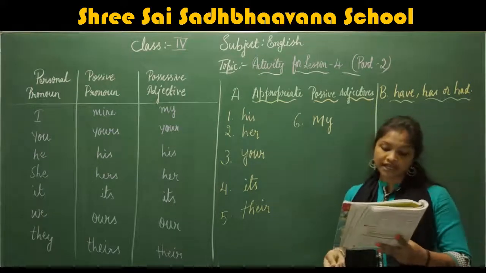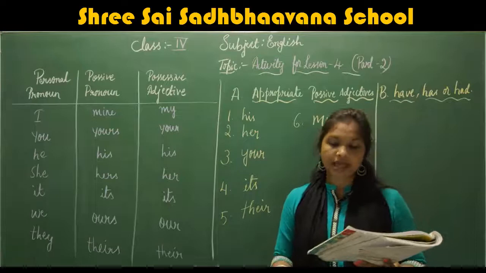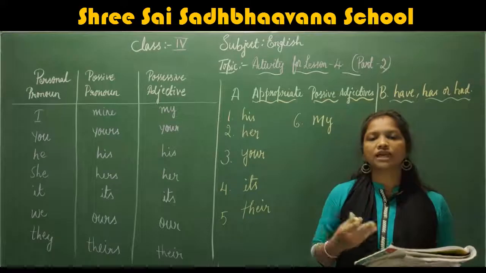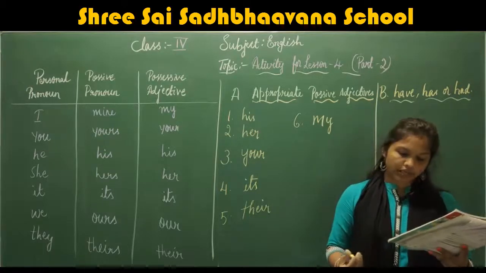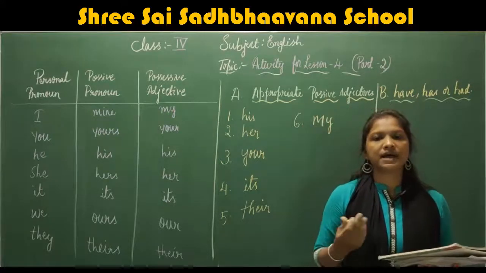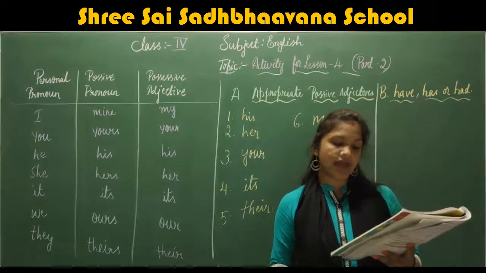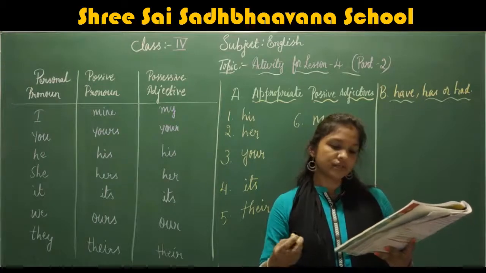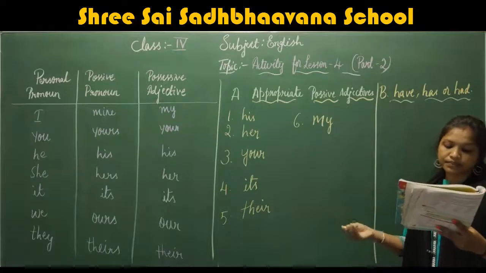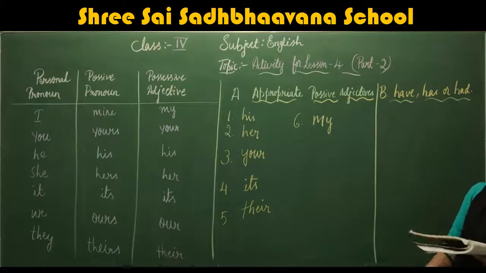Next, we will move on to the next topic, that is using have, has and had. Has and have can both be used to show possession. Had is the past tense of both has and have. Now here, complete these sentences using have, has or had, to show possession. The first one.